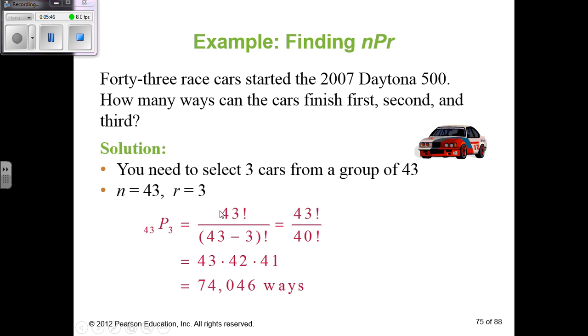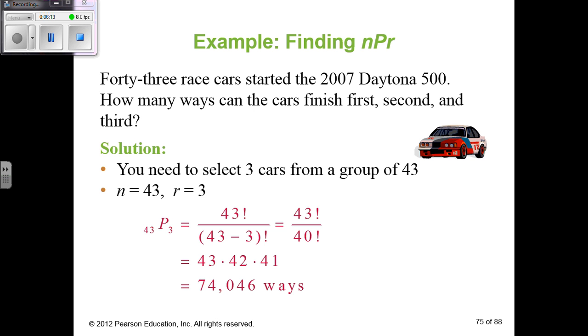So 43 factorial divided by 43 minus 3, which is 40 factorial. 43 factorial divided by 40 factorial is 43 times 42 times 41 times 40 factorial, which we cancel with the 40 factorial in the denominator. And that means that there are 74,046 different ways that we can finish the Daytona 500